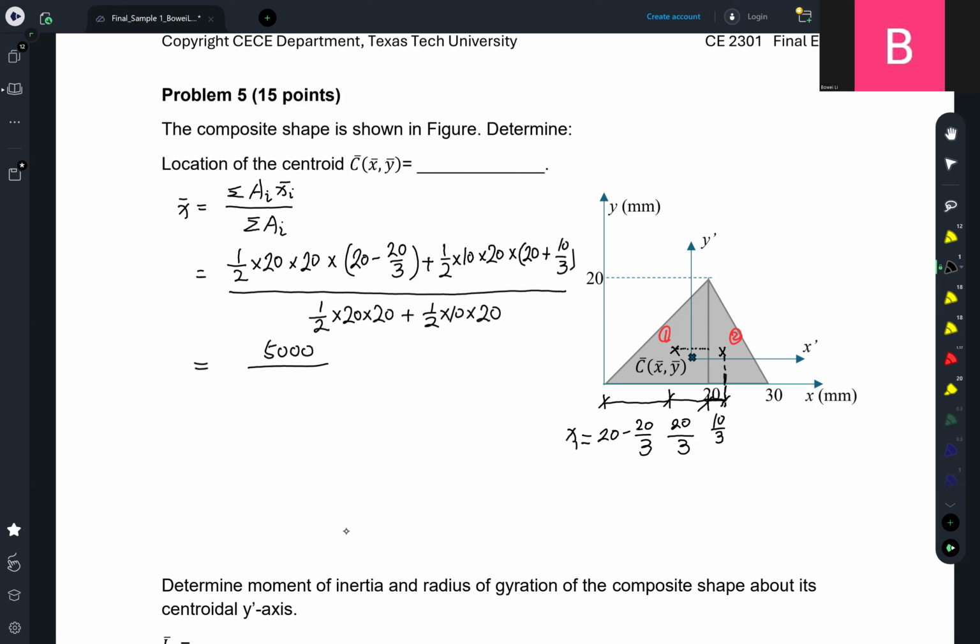So the denominator here equals a half of 20 times 20 plus a half times 10 times 20, here is 300. And that actually gives us,